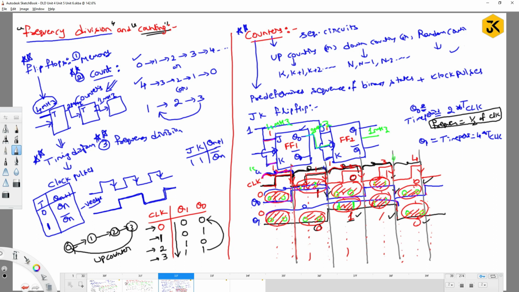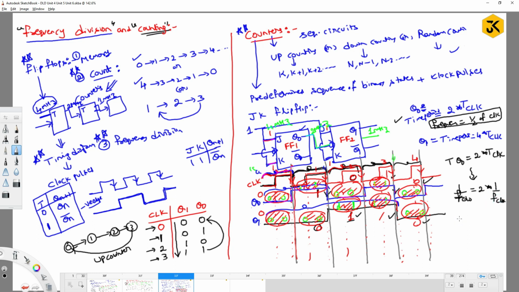So the time period of Q0 is 2 times the actual clock period. I have written this earlier itself. But if I write in terms of frequency, it is 1 by f of Q0, and you know the relation between these two, so you can write 2 into 1 by frequency of the clock,